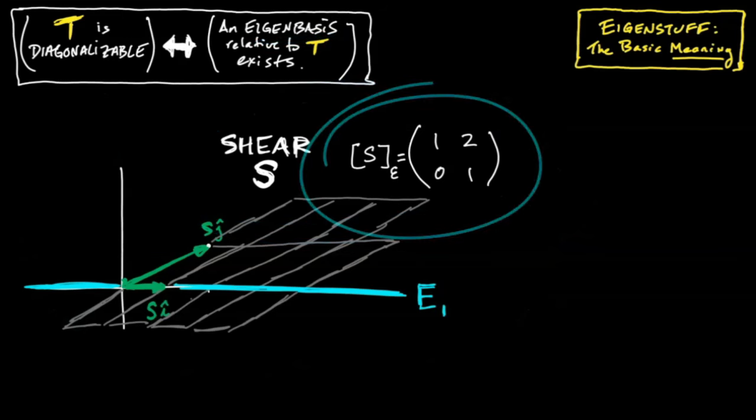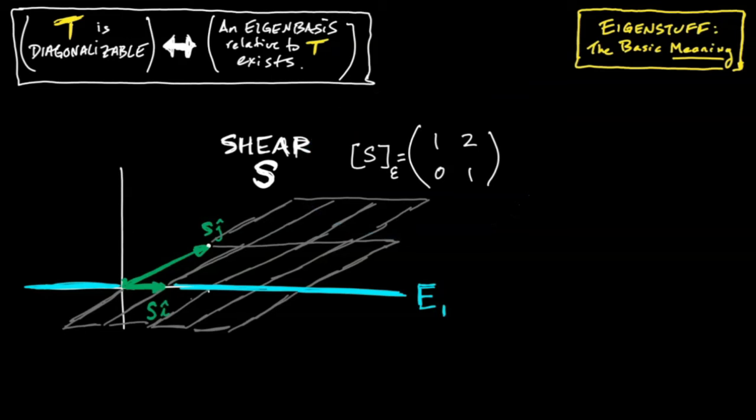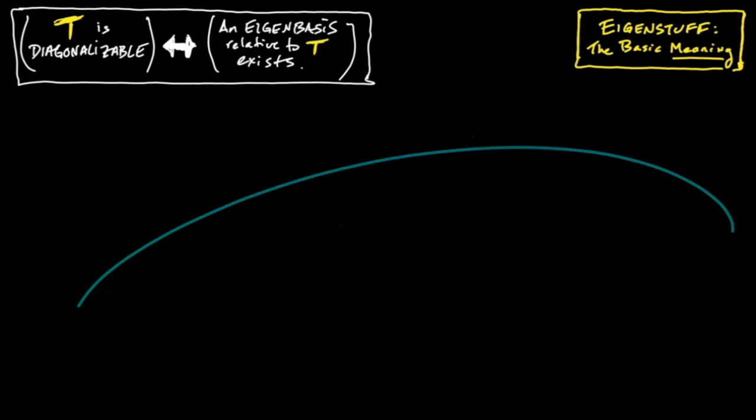It's not too far from it. It's in a nice form already, upper triangular matrix, but there's no basis we can come up with such that representing this shear with respect to that basis would give us a diagonal matrix, because we would need an eigenbasis for that. Okay, I think you get the point.